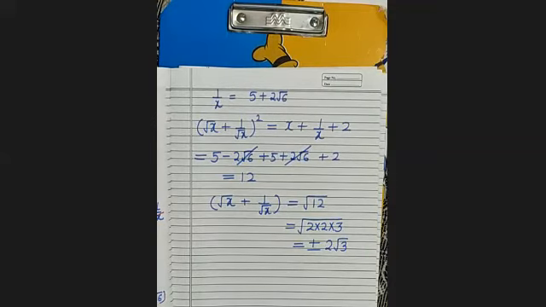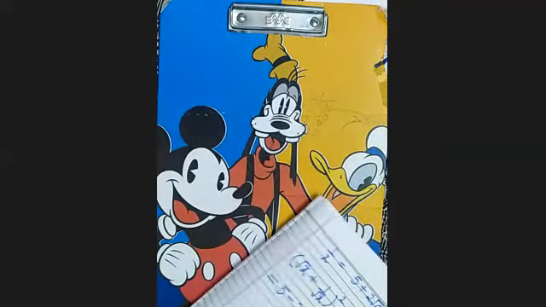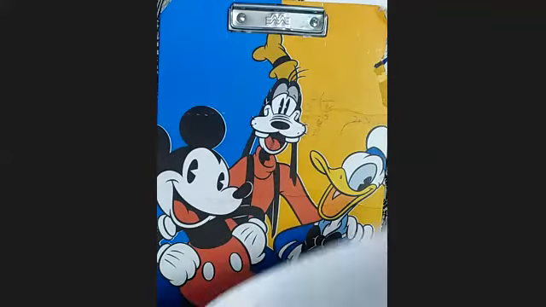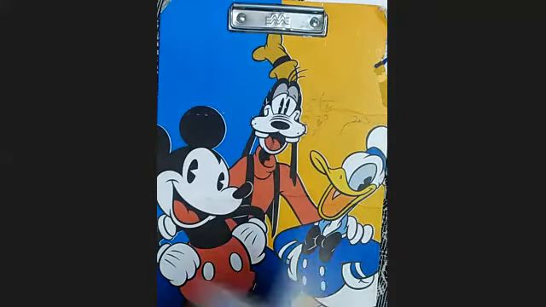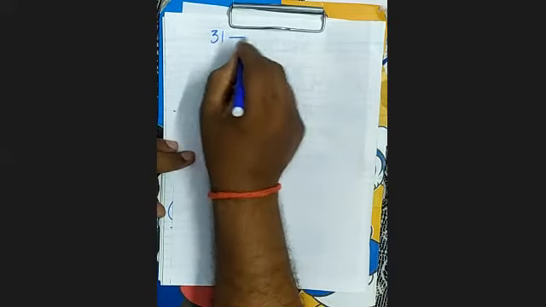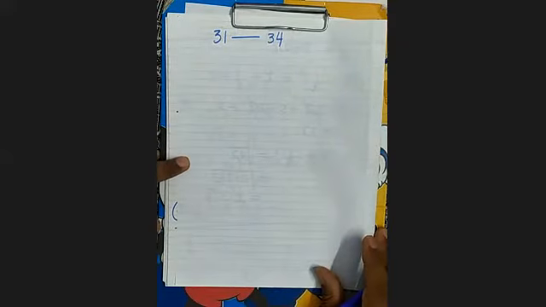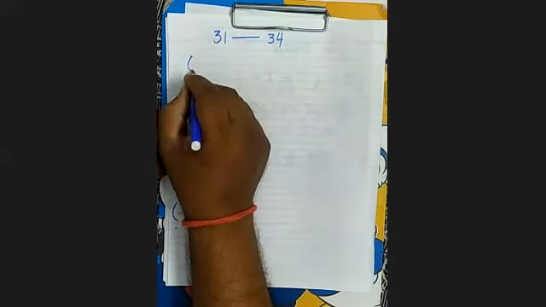Now after this, you can see here question number 31, 32, 33, 34. All are based on the same formula. All the 4 questions, from question number 31 to 34, are based on the same formula. What is the formula you see here?